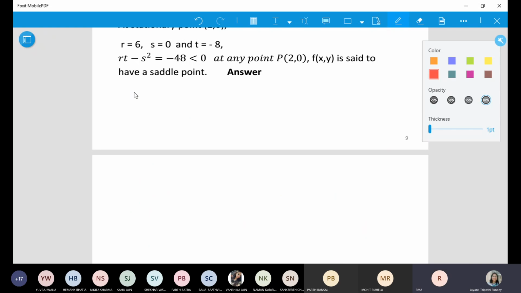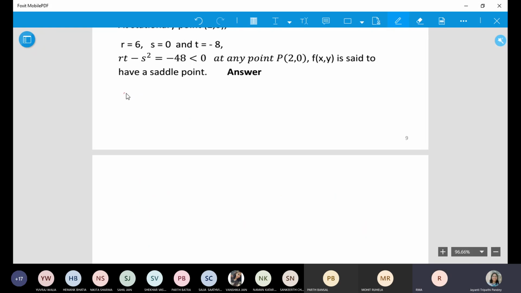Ma'am, I was confused and am still confused why we are getting 6y, because it will come 0. No beta, let's write again. Your f was x cube plus y cube minus 3axy, right? So when you write del f by del y, what will you get? You will get 3y square minus 3ax. Is it okay? So when you take the second derivative, what will you get? It does not contain y. 6y. But we are confused, putting 0, 0, then y will be 0.